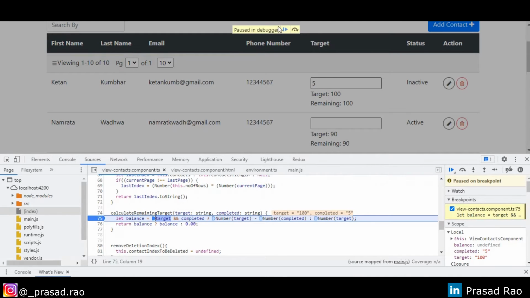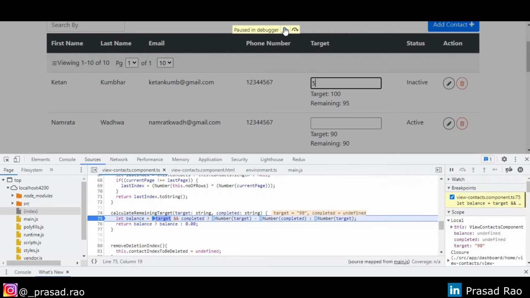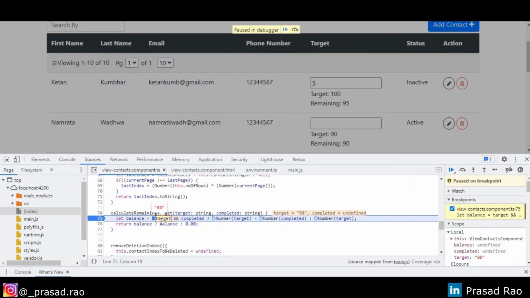This function will be called for each and every row. So now you see the target is 90. This is for the second row, and now the target would be 80. This is for the third row. Till it reaches the last row, it will keep calling the component function that we have created, which is not really required because we just changed the value of the first row, right?